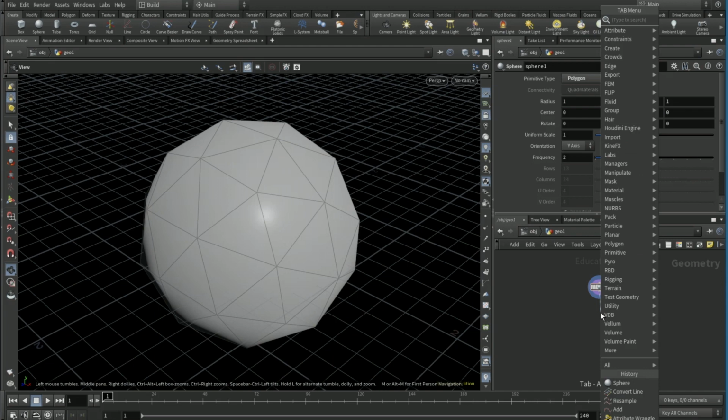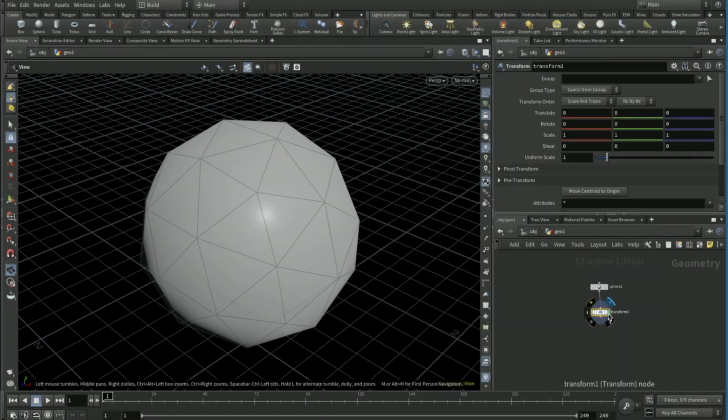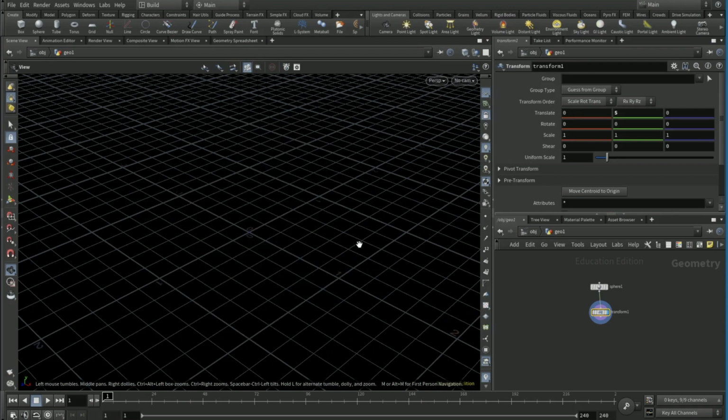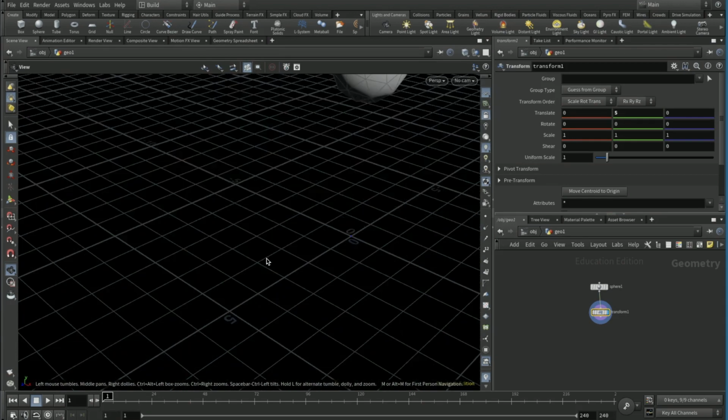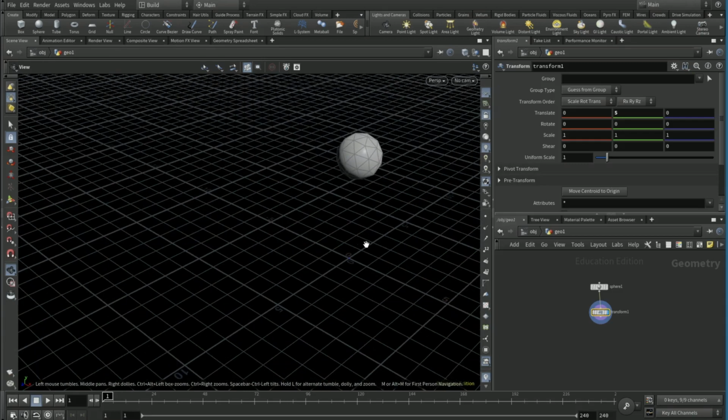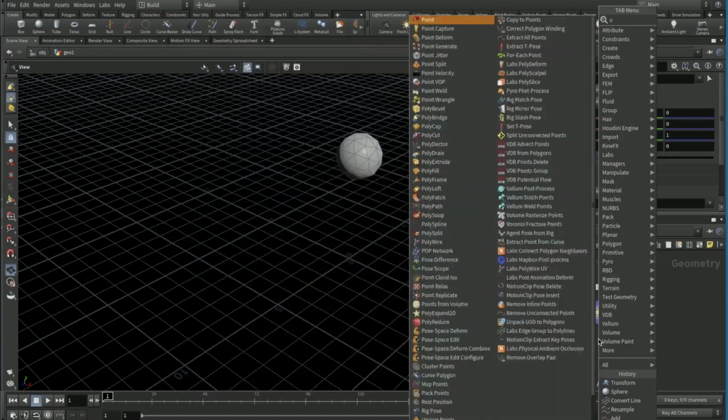And drop down a transform node. Make that visible, and on the translate, set it to 5. Come out in the view so you can see a little sphere. Alright, alright. Then drop down a pop net node